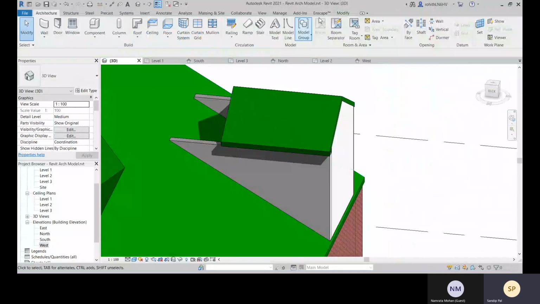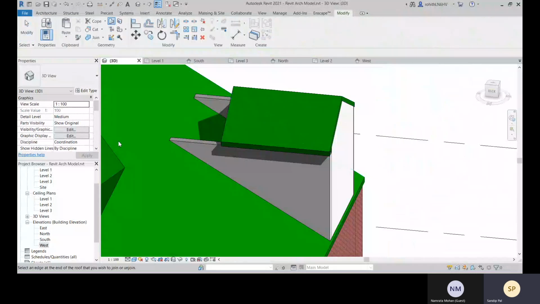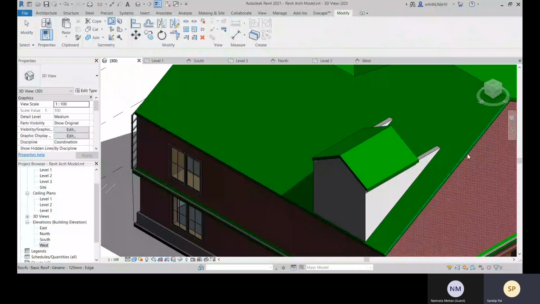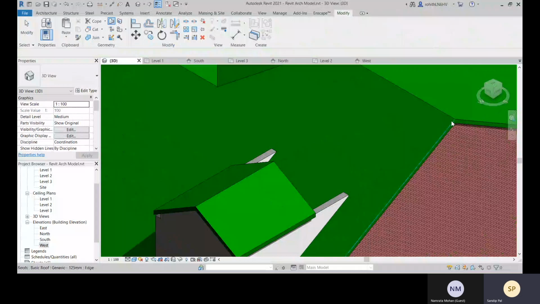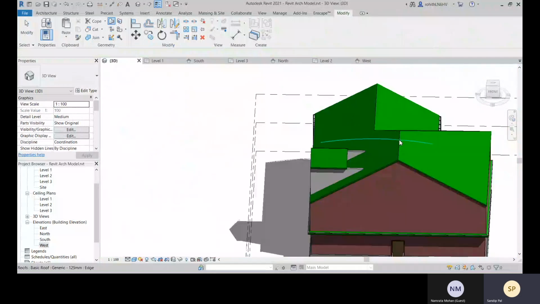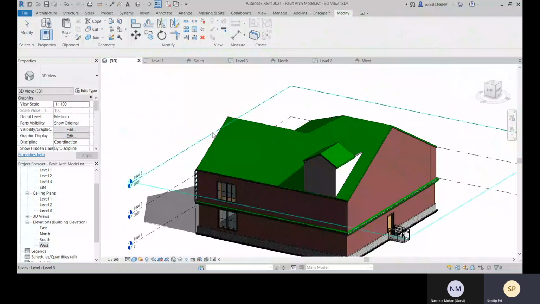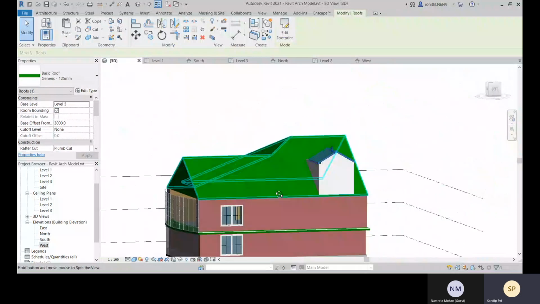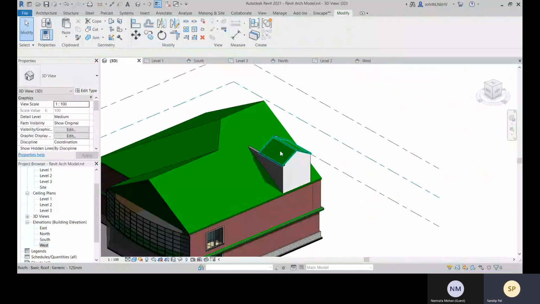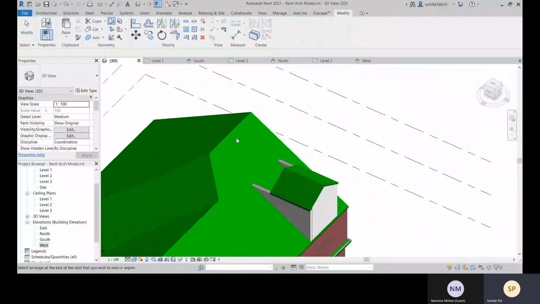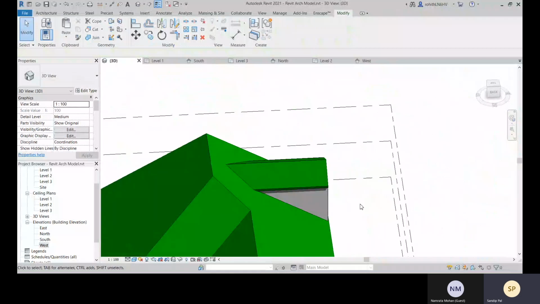Now you come to modify tab and there you have this join and unjoin roof. This is at level 3 and this is also at level 3. So I am having this problem. It should be selecting this face and I can connect this. Okay, yes, fine.